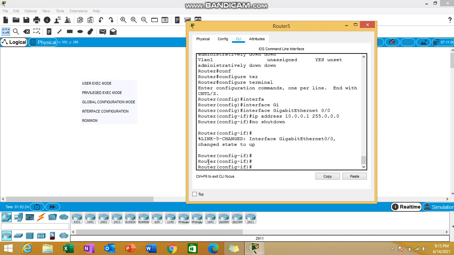So guys, these are some of the basic commands that we can execute on this router in Packet Tracer. Although these are not the complete set of commands, it was just a basic demonstration video. I just thought of making it to let you know how we can make use of all these modes of operation, right? I hope you have got some information about these modes. The rest of the things I'll be discussing in the next video, right?